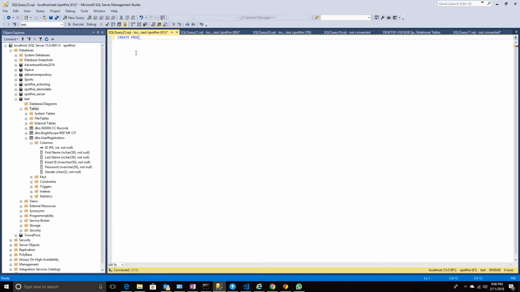I would like to say create procedure. I can call it proc within SQL Server, or I can write the full word procedure too. So create procedure, I'll say sp_user_registration_form, right? So this is my user registration form, and I'm going to give a parameter here. I'm going to call first name @fn, and I would like to give it nchar of 30. I can see what data types I was given here,